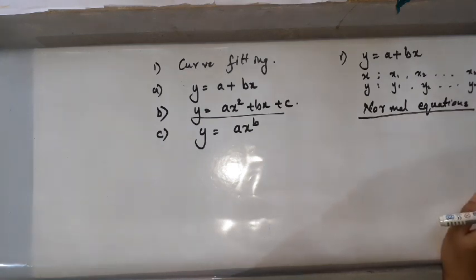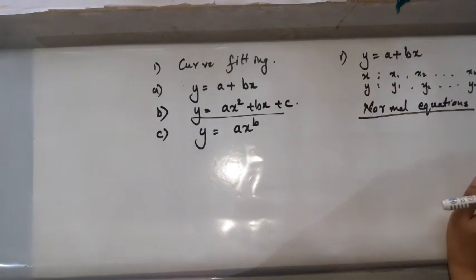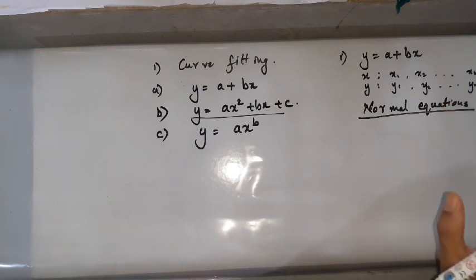Now you must be thinking, what are these normal equations? Okay, normal equations. Given any line, for example, I am taking this standard equation y is equal to a plus bx. So what will be the normal equations of this line? To write the normal equations, I'll just give a simple and very easy way to write it. You need not memorize it. Easily when given any equation to you, you can write your normal equations like this.